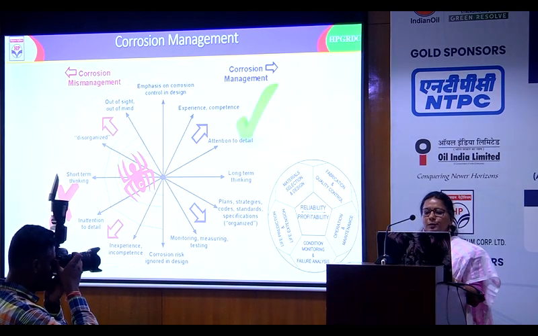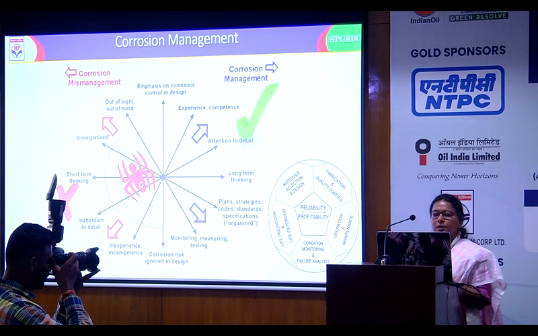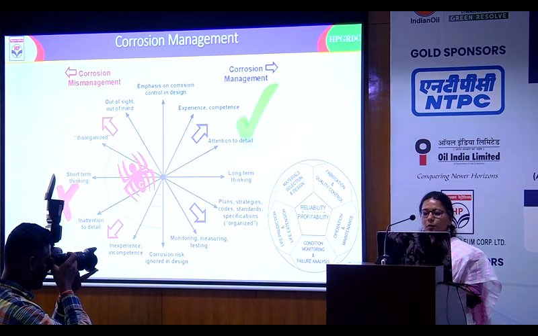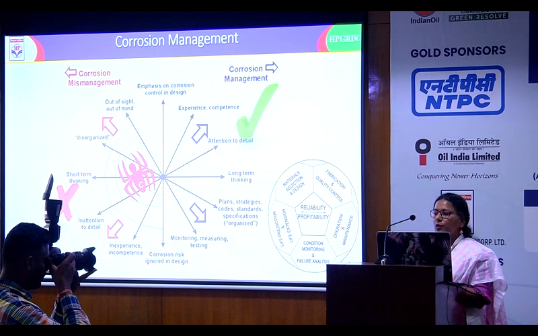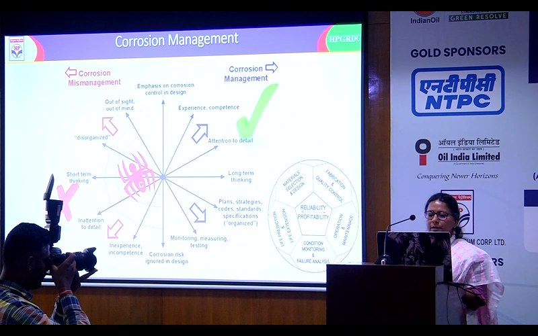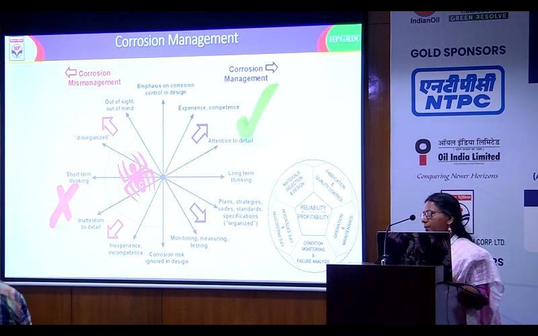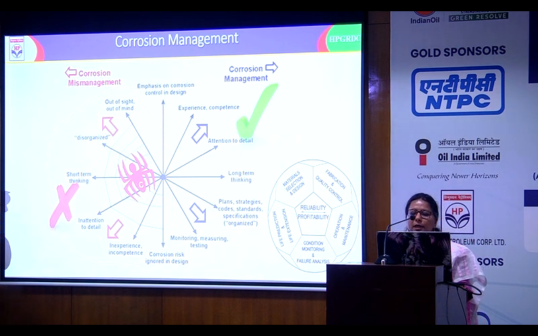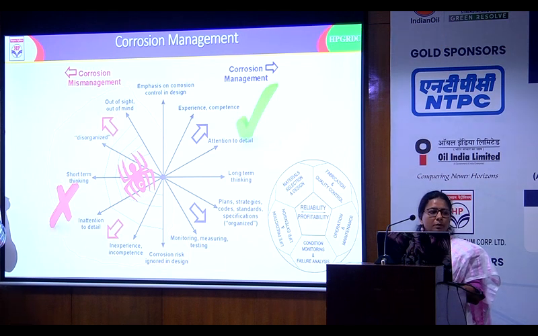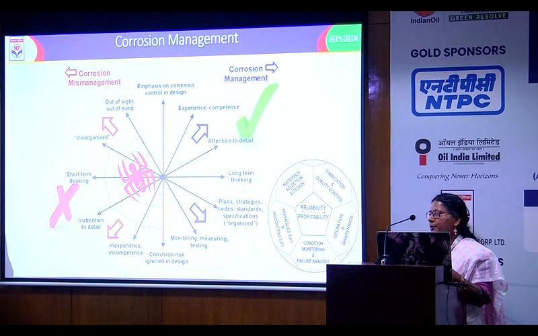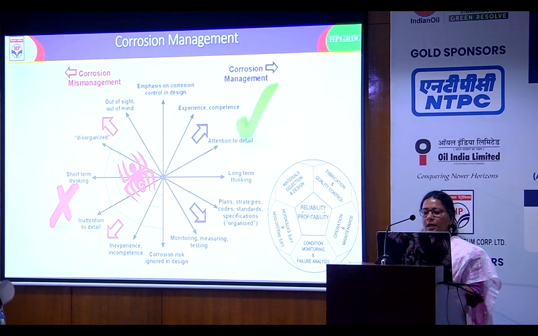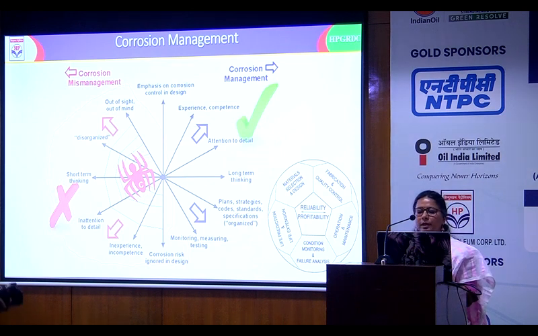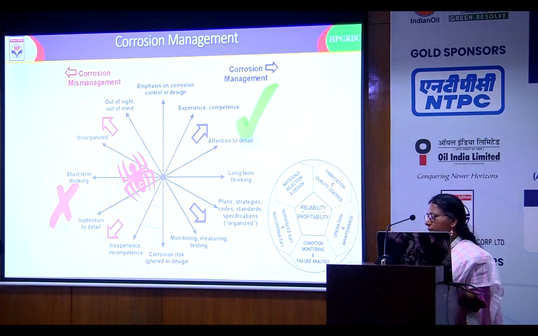So when it comes to corrosion management, we should emphasize the corrosion control details, like the one I spoke about in the earlier slide. And it is more of long-term thinking; the competency and experience matter. And proper data informatics has to be there, and that is how it can be controlled or mitigated. So when you look at our aging assets, the residual life assessment, the next speaker will be speaking more on it. So that is more important. What we are trying to look at is extension of the life, and of course the condition monitoring and the failure analysis. So we have to pay more attention to the details of it.